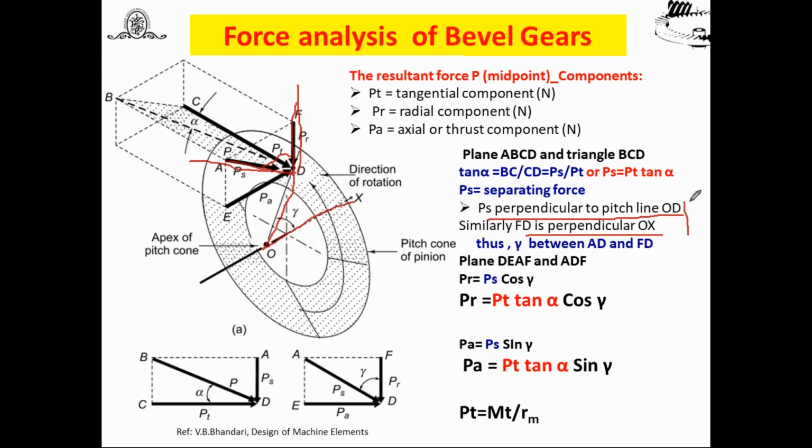And you know very well from the 7th or 8th standard how to find out the opposite angle. This is gamma. This is also the gamma one. That means a different method you have to adopt while finding out the angles. This is the gamma in between AD and EFD.